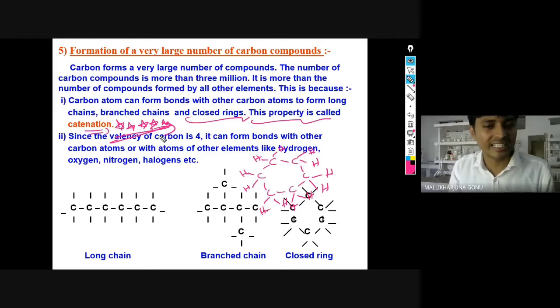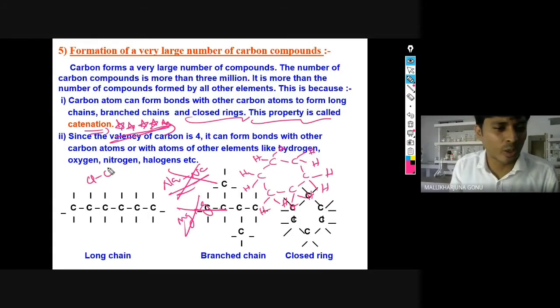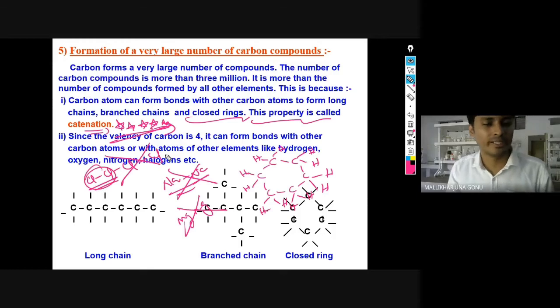Carbon can form bonds with another carbon. For example, sodium cannot form a bond with another sodium. Magnesium cannot form a bond with another magnesium. There are a few compounds, but that is limited. Chlorine can form a bond with another chlorine, but it cannot go further, because it completes there. Why? Because chlorine's valence is only 1, so only 1 bond can be formed. But carbon has a valency of 4, and valency means spreading the nature of bondings.